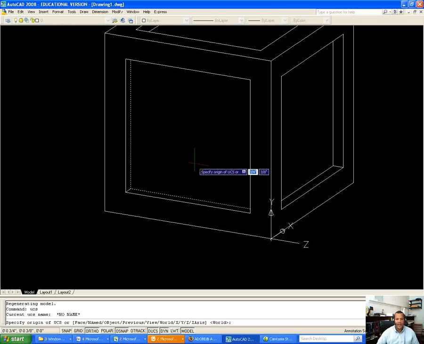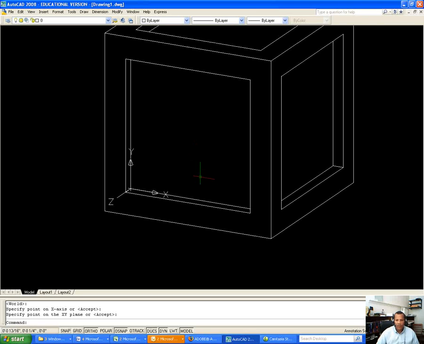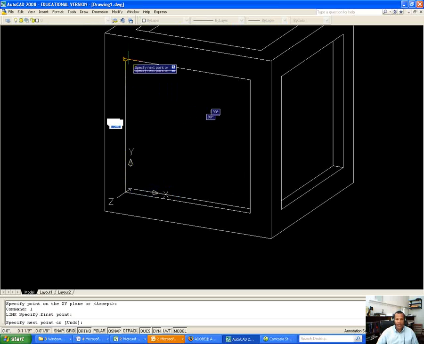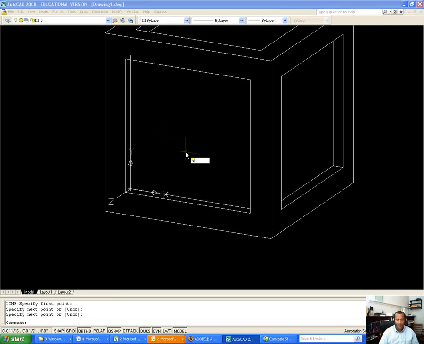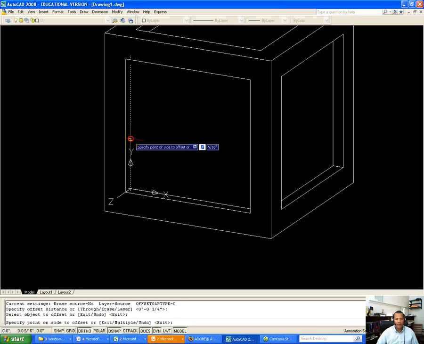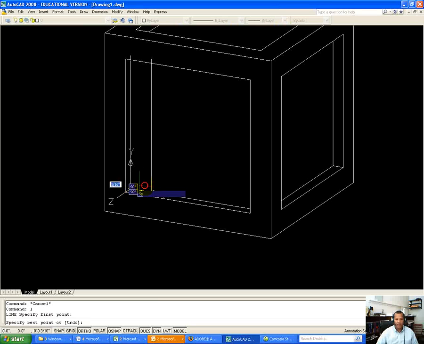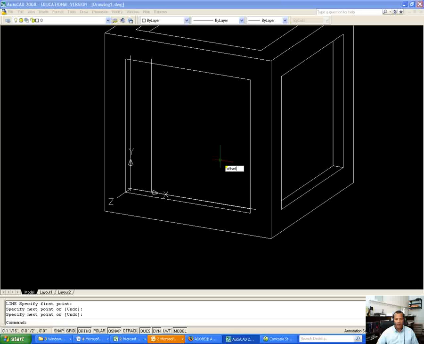I want to set my UCS on this back face only because I want to draw there. Some of you may want to draw from the outside face. That's choice. Just make sure you extrude the right direction. To begin drawing, I'm going to draw a line upward. I'm going to offset that line 1/4. I'm going to offset another line drawn on the bottom, another 1/4,